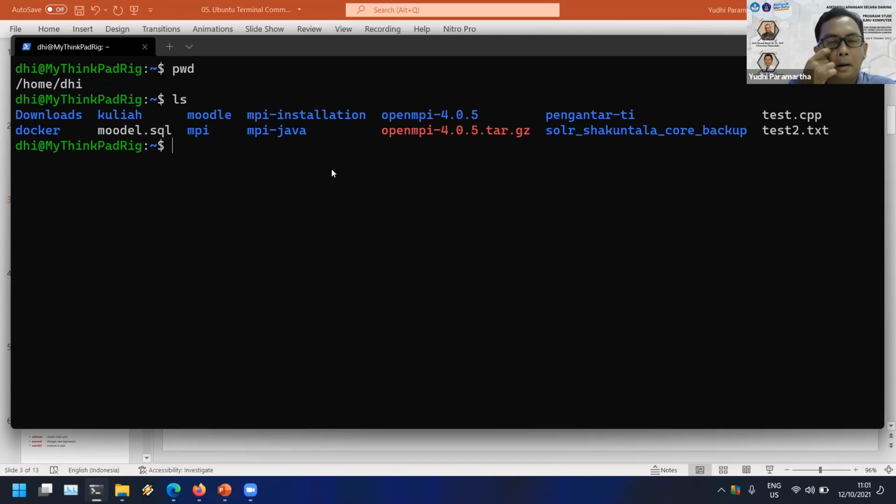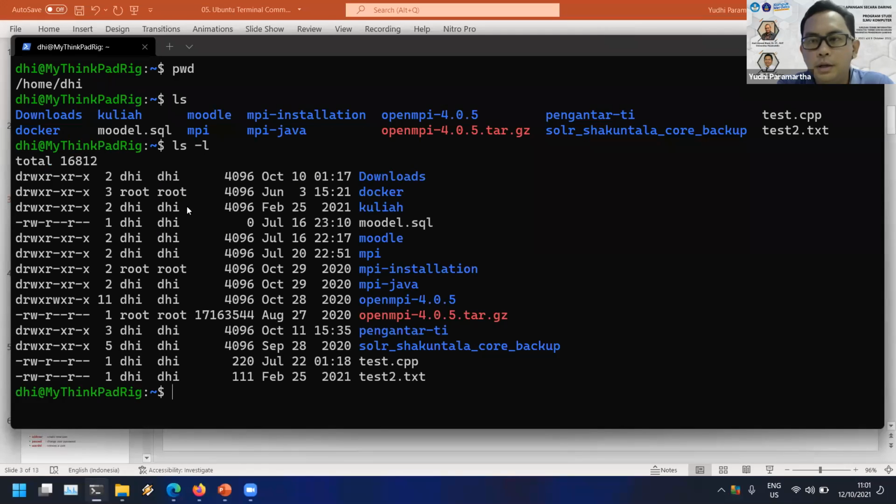And then there are options for ls, for example ls -l, which will show you the details about the content of the directory. For example, in this directory, we have a downloads folder, Docker, Kuliah, Moodle, SQL, and so on.